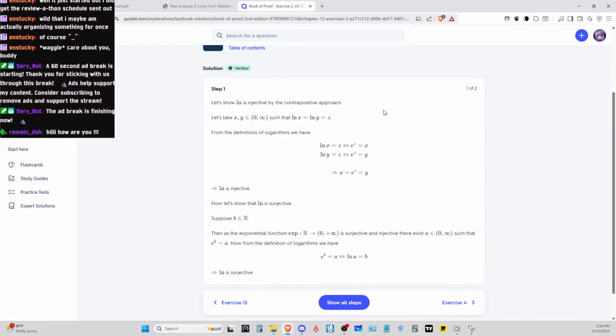Okay, let's show that it is injective by the contrapositive approach. Okay, we have from 0 to... okay. From the definition we have